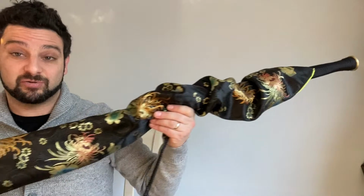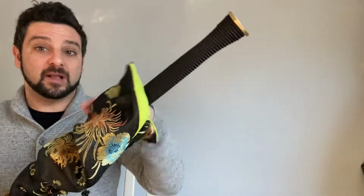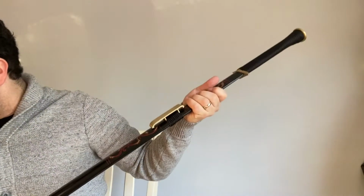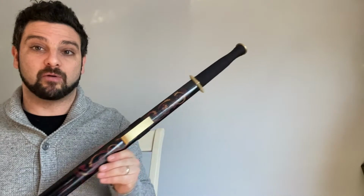I have a nice treat for you guys to take a look at. Now, as you can see by the description below, this is the Chen Flying Phoenix Han Jian. It comes in this really nice silk bag, and it's poking out through the top here. So let's get it out of the bag and take a look at this beautiful recreation or replica of a